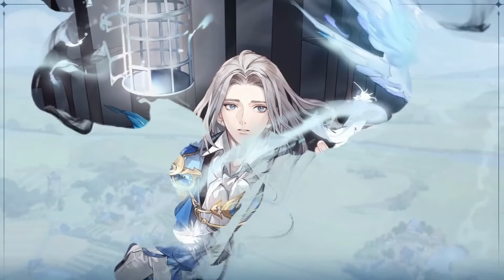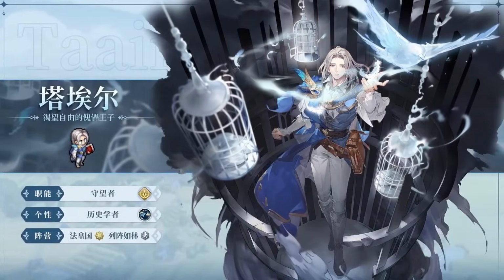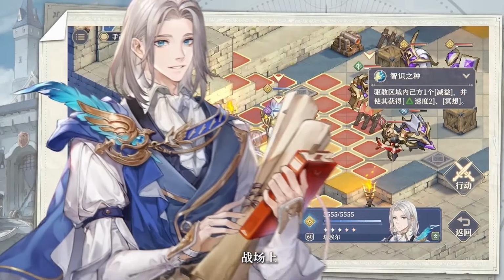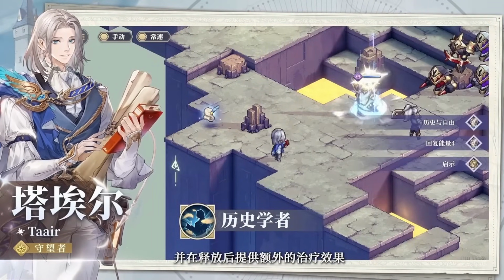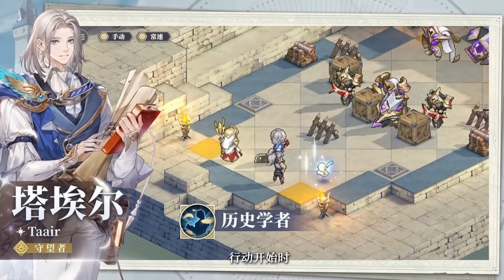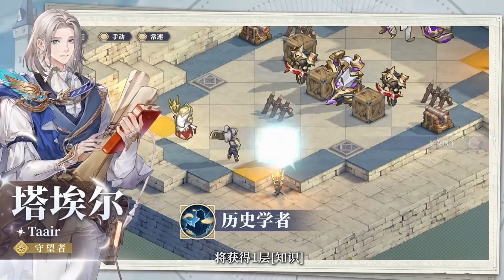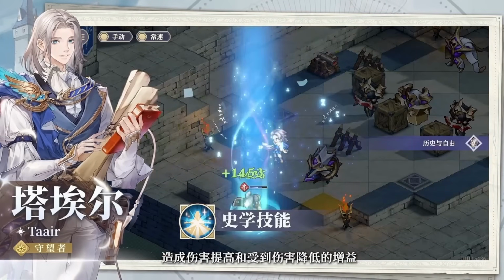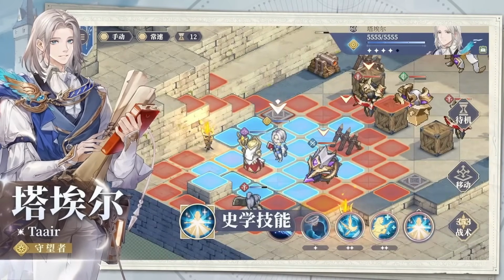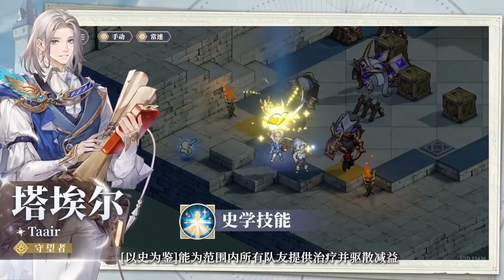Taair is an extremely powerful support character with a unique skill mechanic that grants him access to extra healing and support skills beyond what he gets from his skill tree. He also has a unique function as an energy recovery battery for your team, while also offering healing and dispel skills and powerful team-wide buffs for increasing damage and damage reduction. Taair can easily chain skills together to provide energy recovery, healing, damage buffs, and debuffs to the enemy, all in